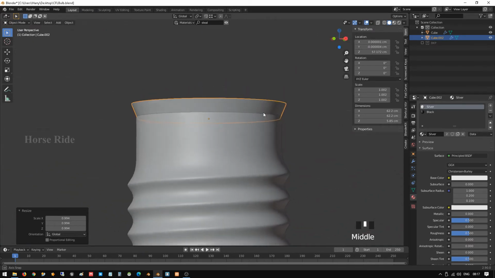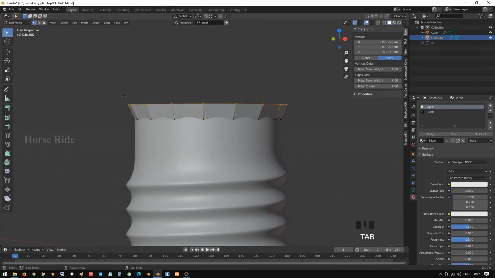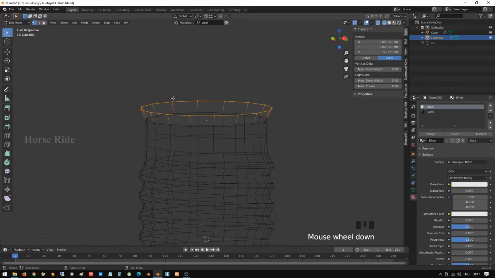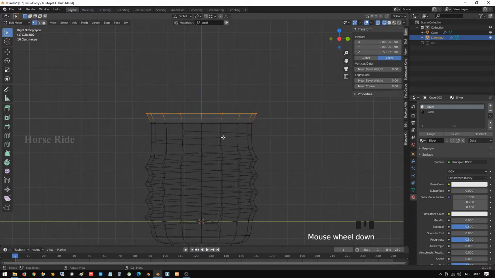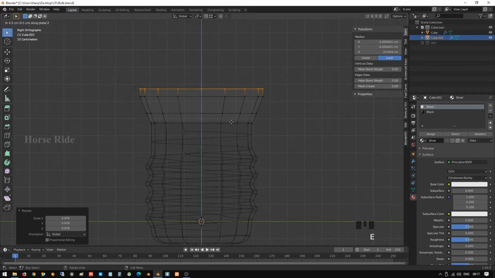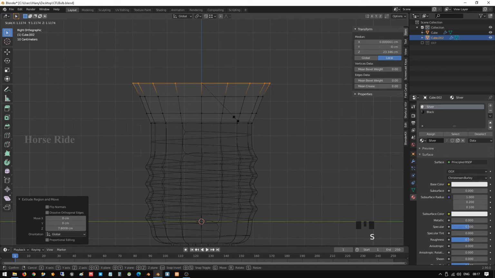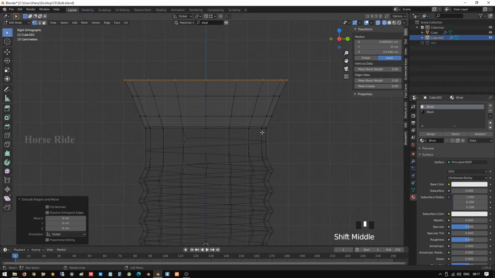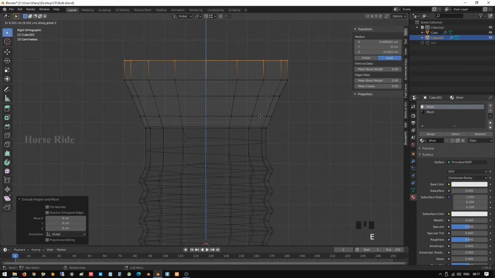Okay, good. Go to object. Already its top is selected. Go to shift Z view, front view, E to extrude and scale. Scale it a little bit down, so a little bit outside. Okay, E to extrude and Z, scale it, and E to extrude and Z axis. Again, E to extrude and Z to scale.